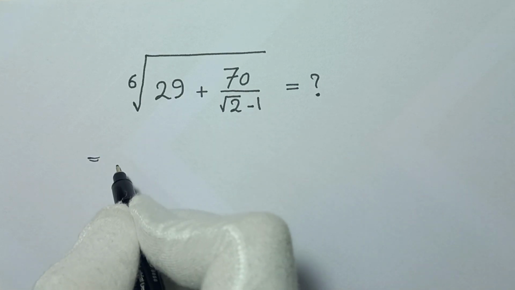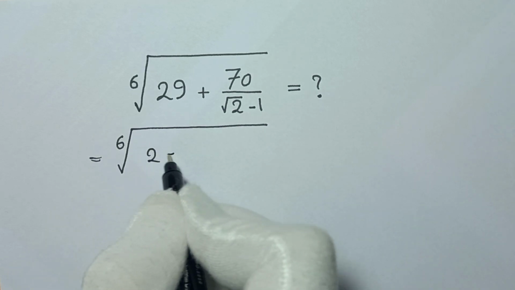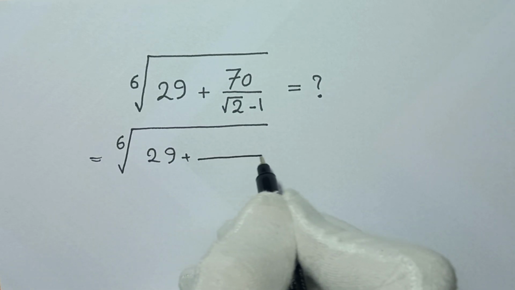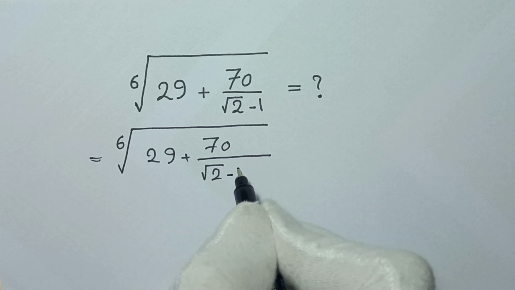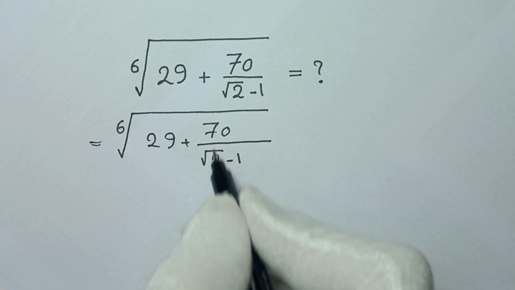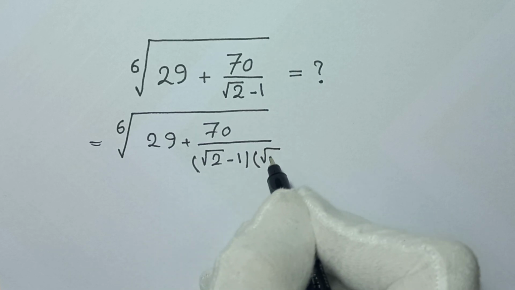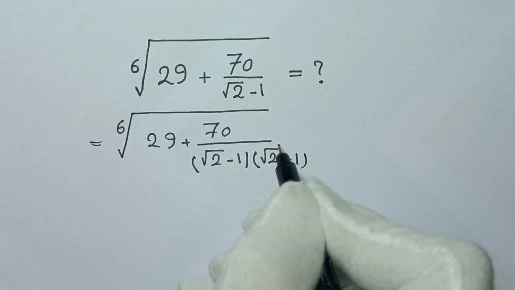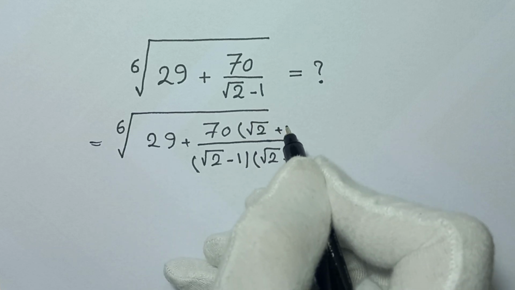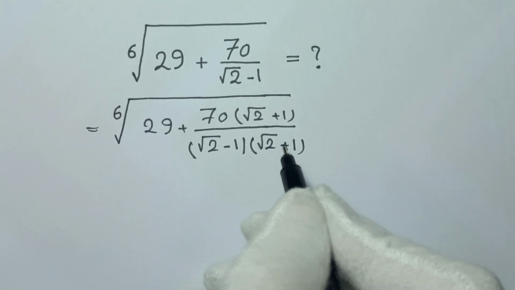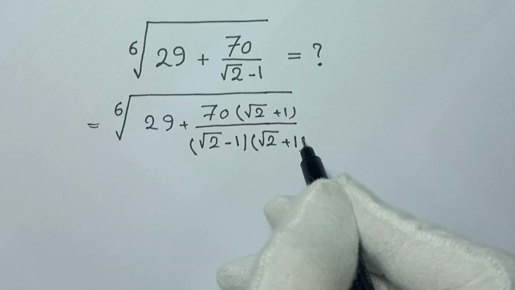So, this is equal to 6th root of 29 plus, in here we have 7 over square root of 2 minus 1. And we multiply numerator and denominator by this conjugate pair. So this conjugate pair is square root of 2 plus 1, right? Also for this, we write square root of 2 plus 1. So we multiply numerator and denominator by this conjugate pair, square root of 2 plus 1. So this is equal to